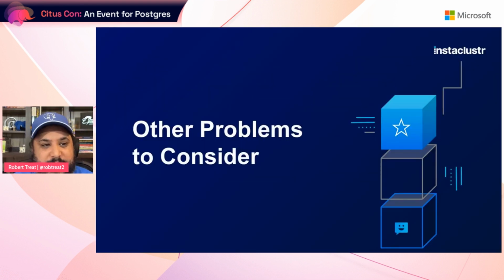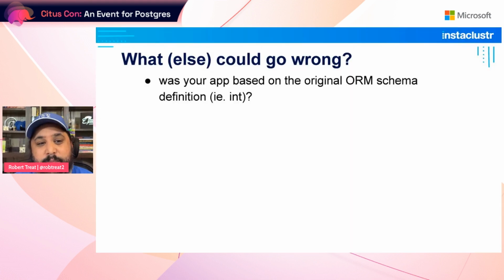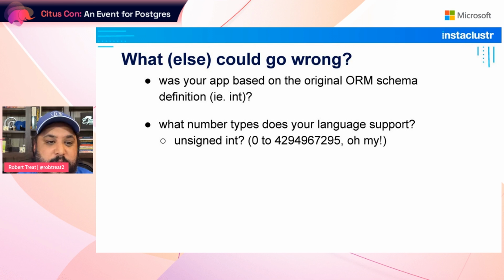Of course, fixing at the database level is only one side of the problem. There are other things we really have to consider. First off, if your app was based on an ORM or some kind of schema tool and it defines these columns as ints, you need to go back and update that. Tell them it's now going to be a big int and see what changes that will make for the application. The other one, and this is not a fun problem to hit, we've done it where we've done the int to big int conversion, started plugging in values and thought we were on our merry way. But some programming languages, like I said, in Postgres, integer means negative 2.1 billion to positive 2.1 billion-ish.